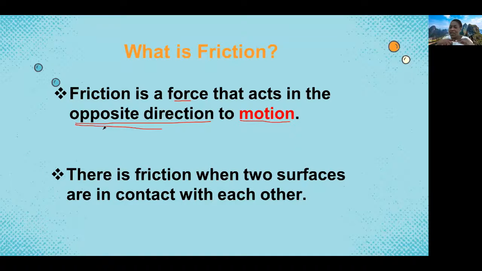And then there is no friction if two things do not come together. Friction is involved when two things come into contact like this. So if this is my one hand, there is no friction that I can exert here because it is only one. But when I bring my two hands like this, and I rub them together like this,